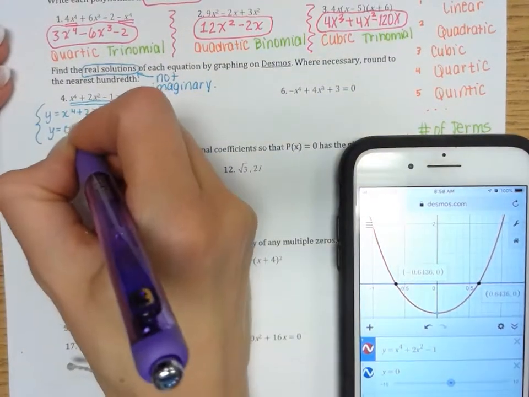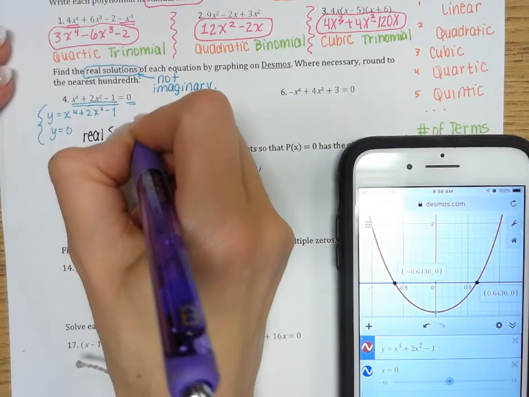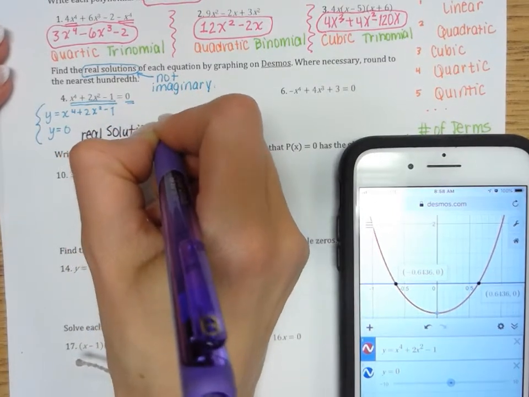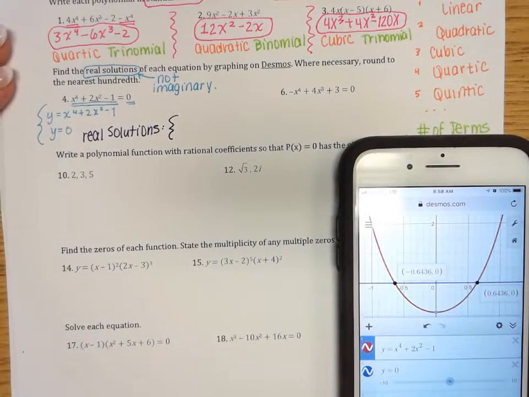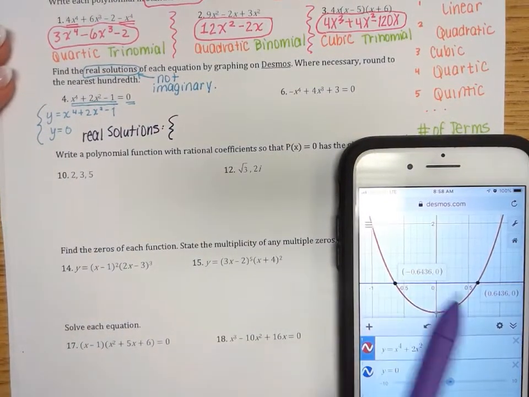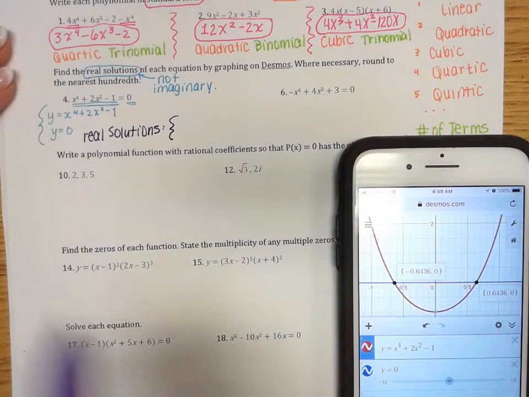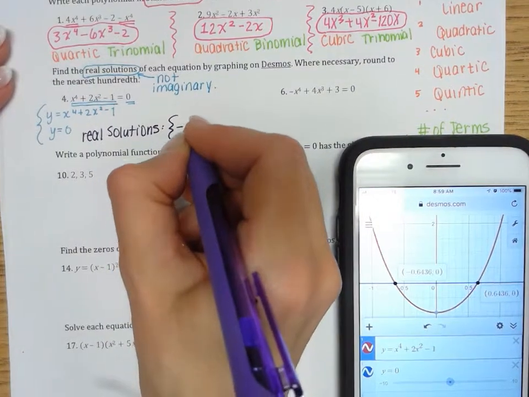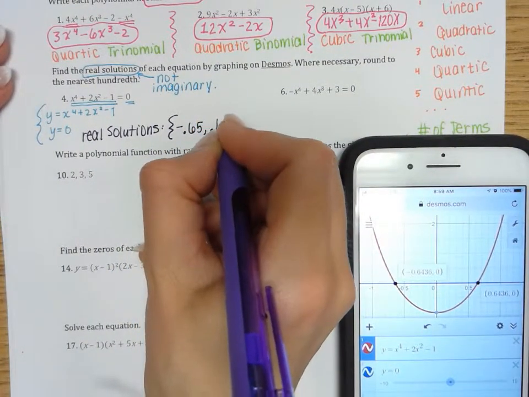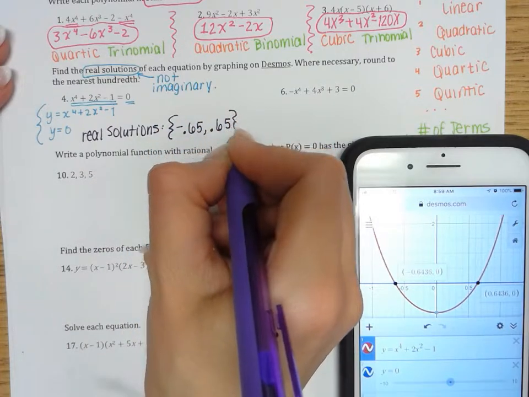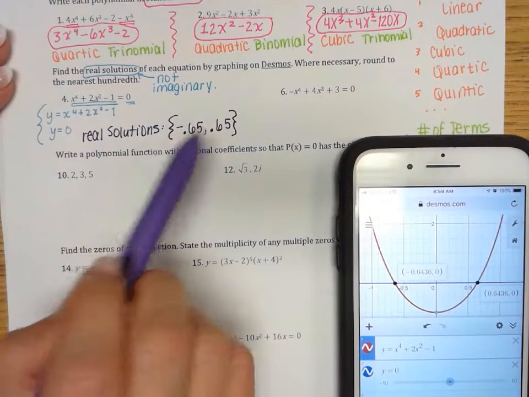My real solutions are any answers I can find from this graph where they intersect. I have 2 of them. I'm going to write it in set notation, okay? And they're going to be, rounded to the nearest hundredth, negative 0.65 and positive 0.65. So negative 0.65, comma, positive 0.65. I'm using the set brackets. It's not an ordered pair. It's just basically telling you x is equal to that and x is equal to that,